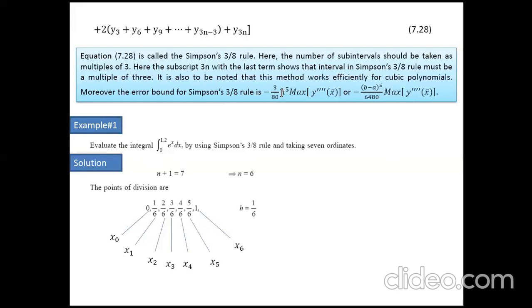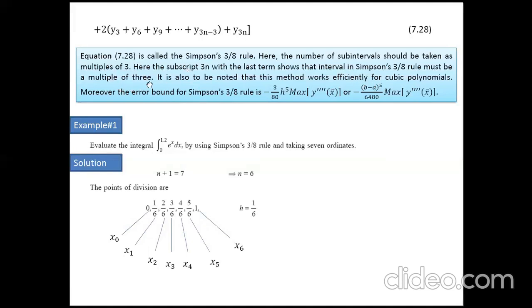Okay, here we are putting b minus a over 3n, not b minus a over n. Fine, because here we are taking n as 3n, because the number of intervals is a multiple of 3. So our last number will be 3n. So in the place of h we will put b minus a over 3n. After putting this, you will get this formula. You will have to memorize this. It should be clear and it should be implemented as well.